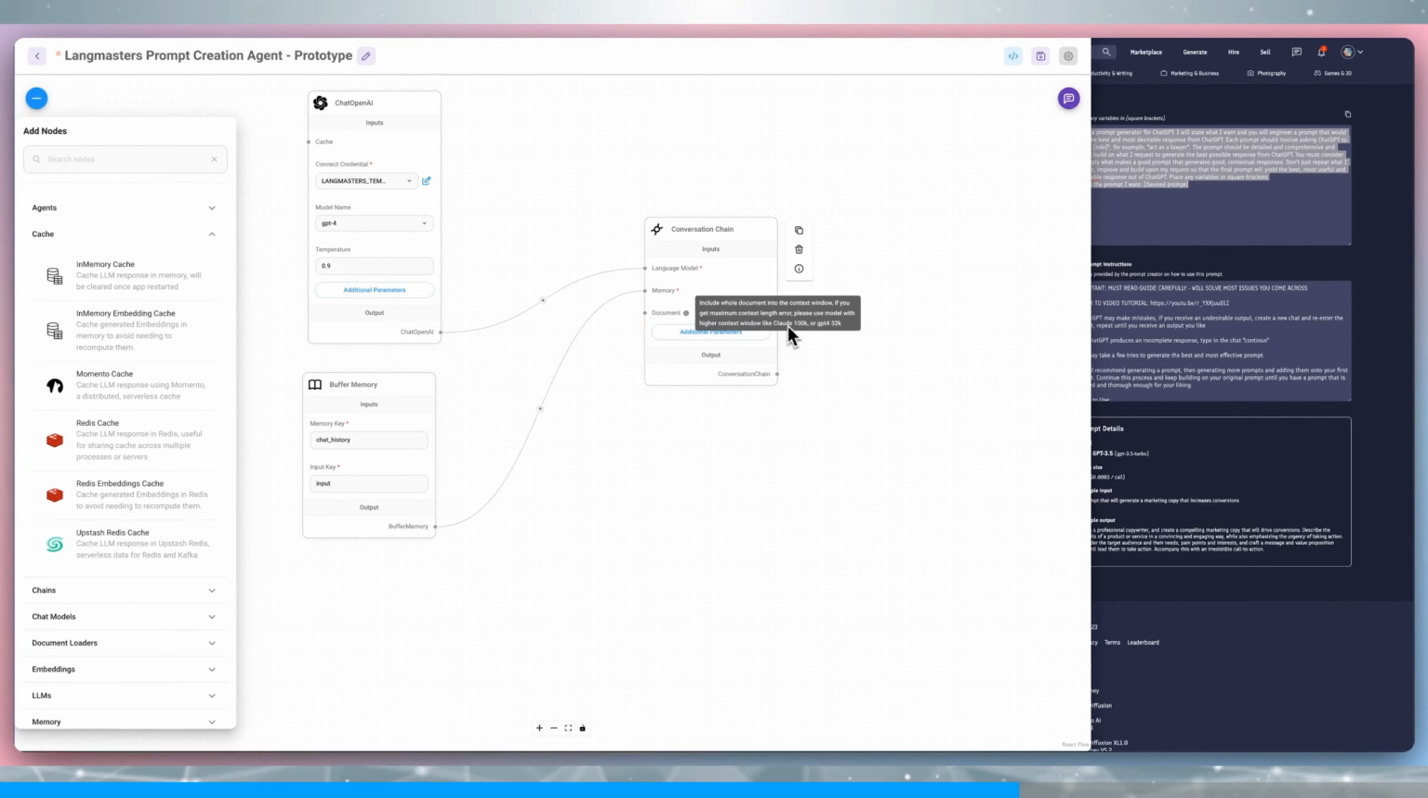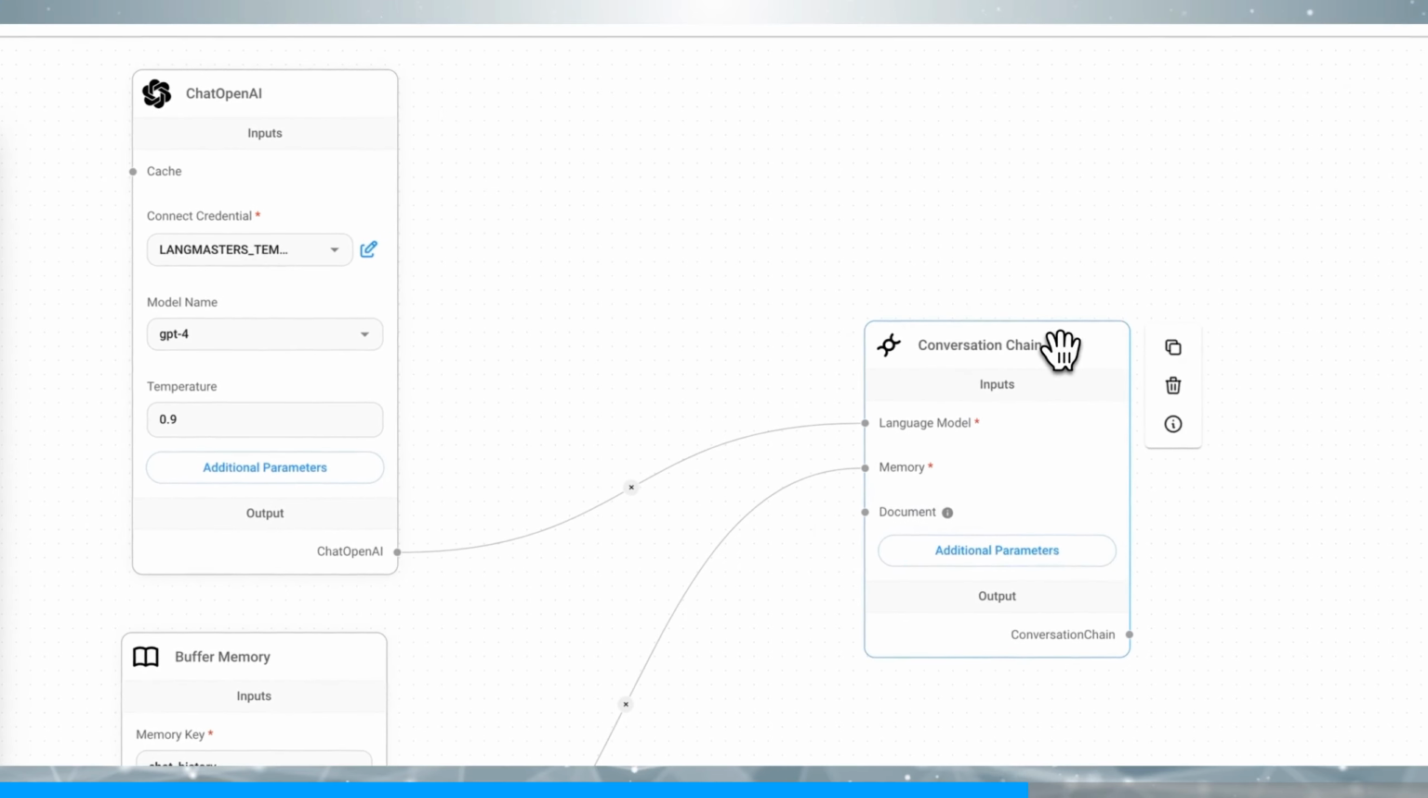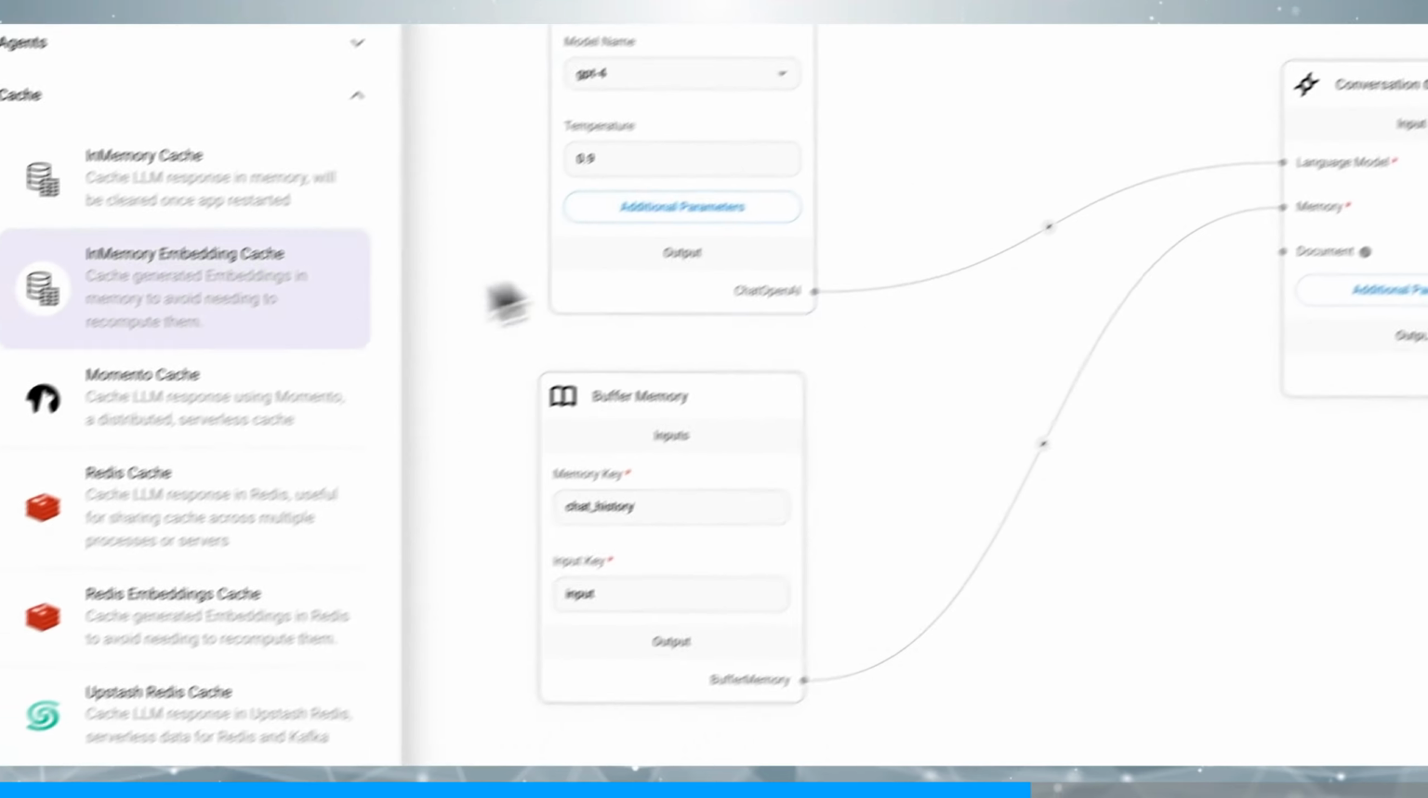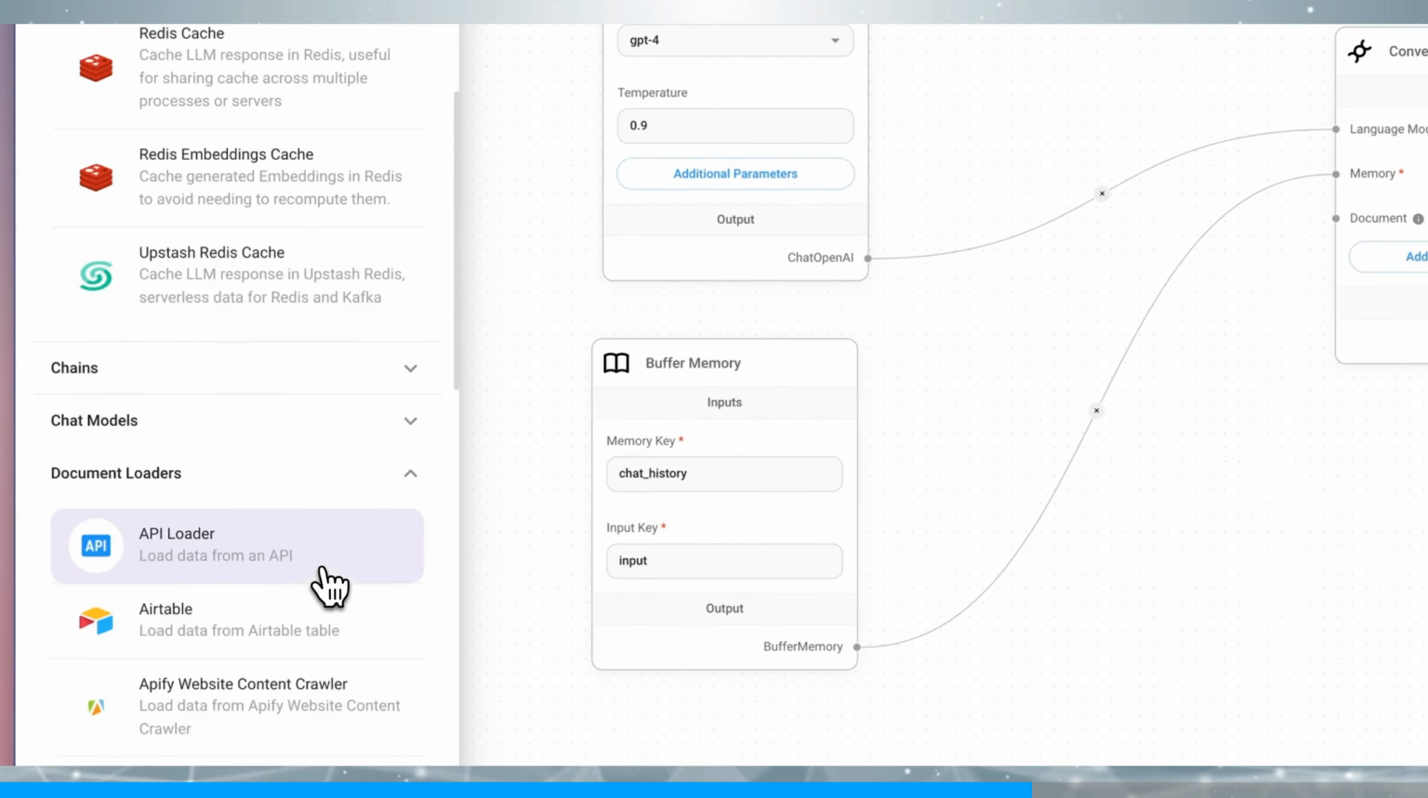Both of these are still gated, and it's a little more difficult to access. I have Claude 100K, but not GPT-4 32K, so I use the GPT-4 base. Claude is very powerful. Since we are creating a prompt-making agent, you can go into the document loader section,